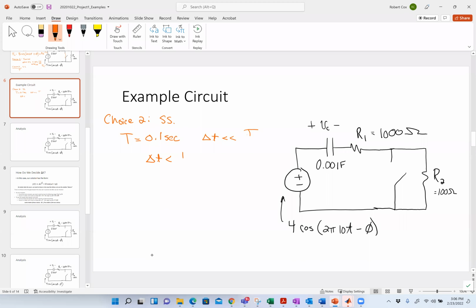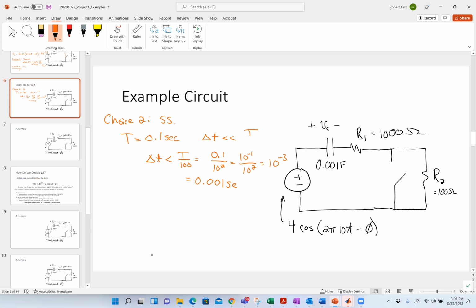Yeah, at least 100 times smaller. So in this case, I would say delta t needs to be smaller than 0.1 divided by 10 squared. So 10 to the minus 1 divided by 10 squared is what? 10 to the negative 3, okay, or